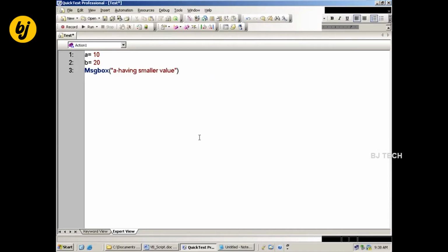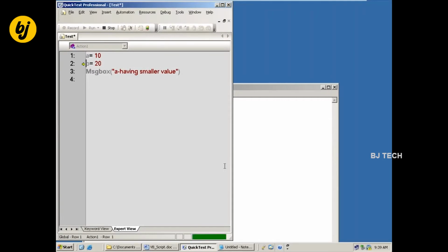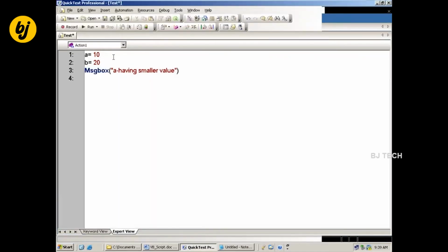If I run this program, are all three statements going to execute or not? All three are going to execute, storing the values, and the display message I gave last is displayed for us.